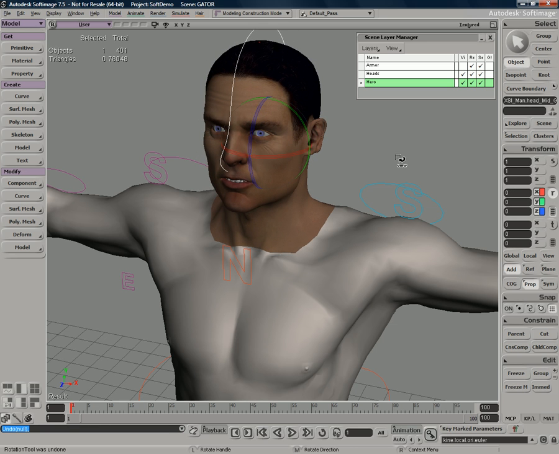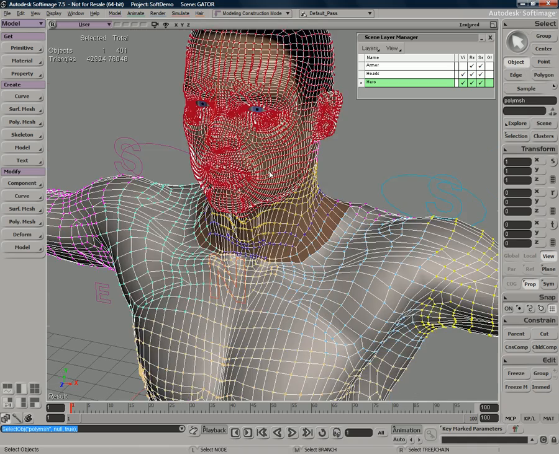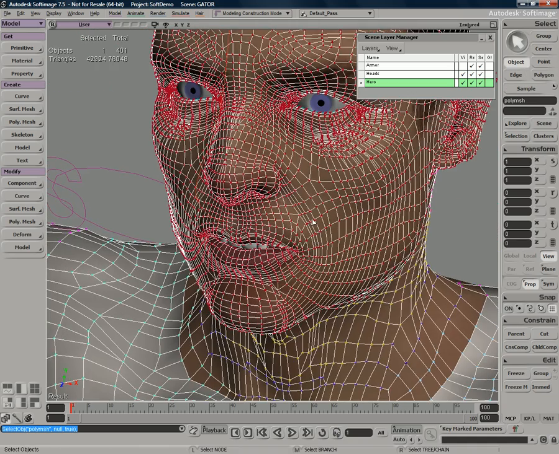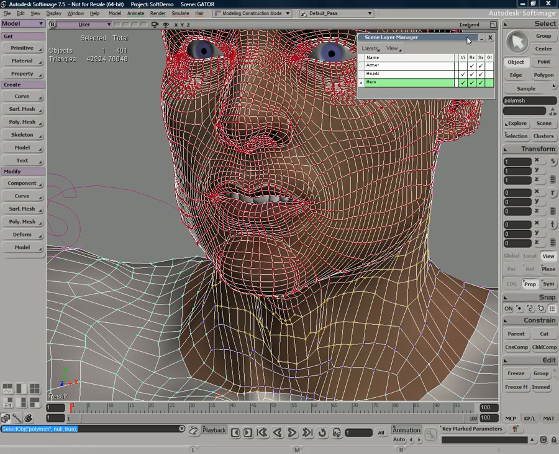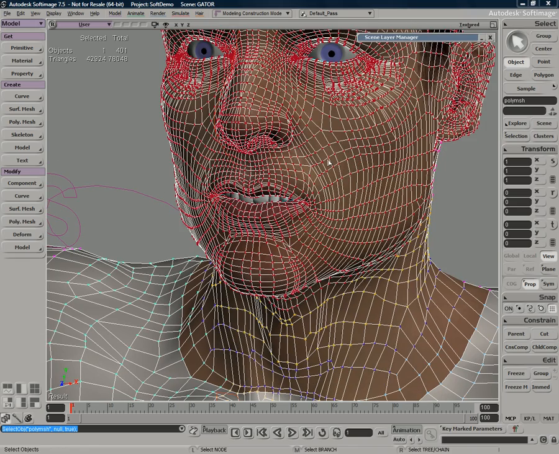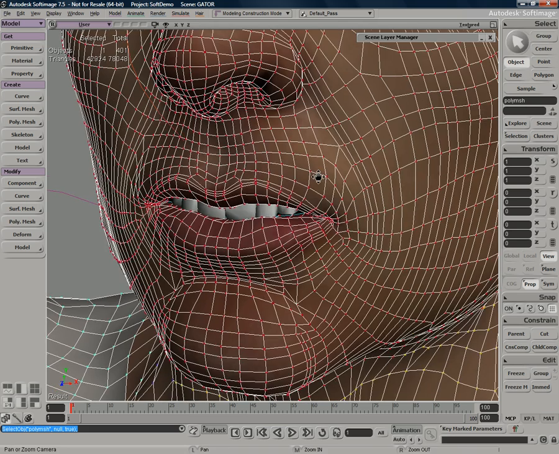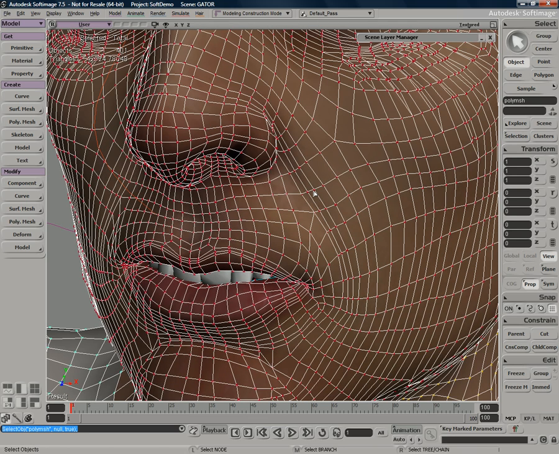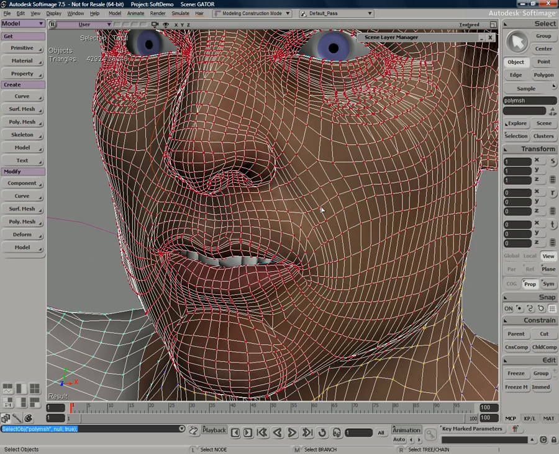So it's incredibly easy to make changes at any time to a character, to transfer that information from one object to another. What we could have also done is actually just gone ahead and manually added those lines. If all the job really entailed were to add some geometry here, that's something Softimage can handle very well, very easily as well. So let's go ahead and do that. Let's go ahead and just add a row or two of edges here and just show you how we can modify a pre-rigged character very easily.